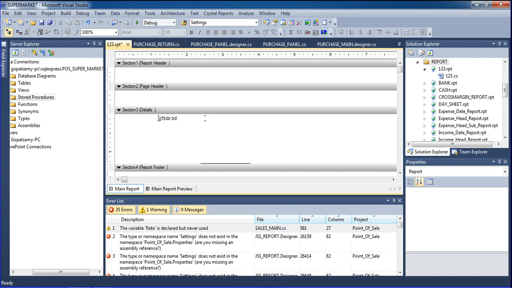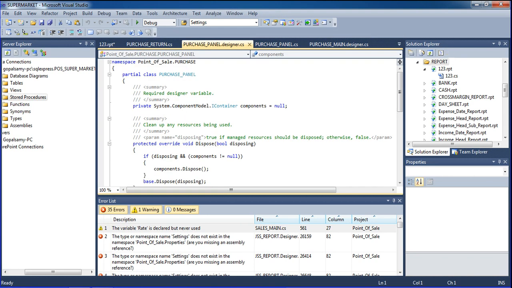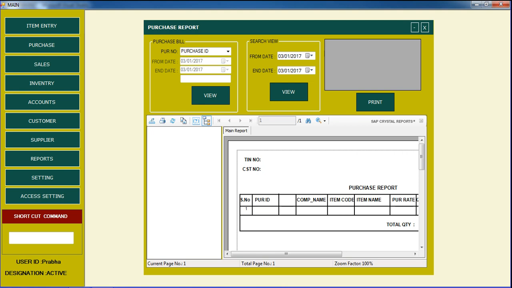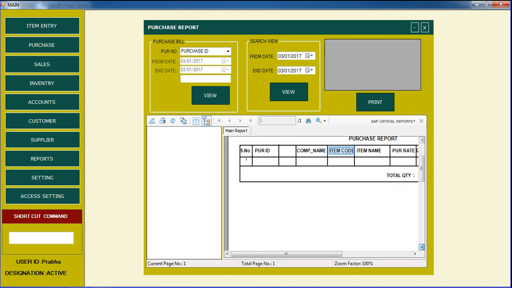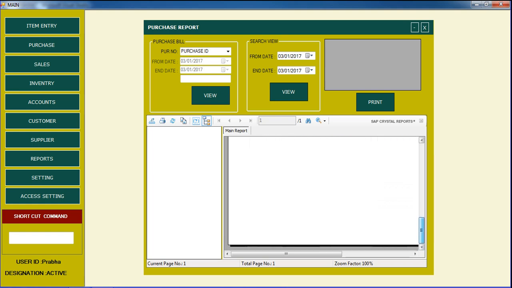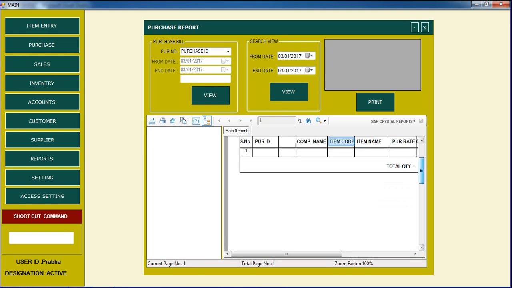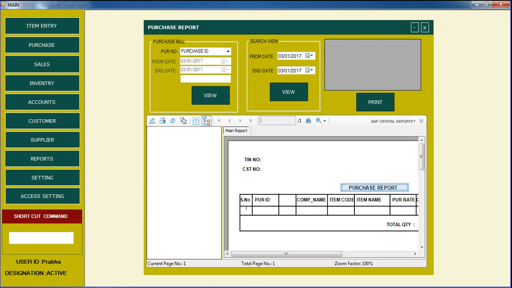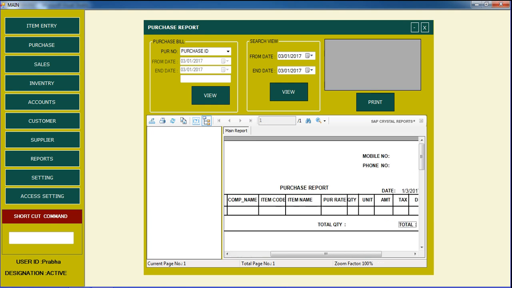What I am telling is, see, report footer, detail, page header, report header, like this are available. So these 4 events are available. How to handle these 4 events? Go to design, sorry, here. See, this is the header, and then this is the detail of all the events, and in the bottom position the footer is available. I have not declared any footer here, I just declared the header, this is also a header item, and then this is the body of items and the total items. This one only I declared here.